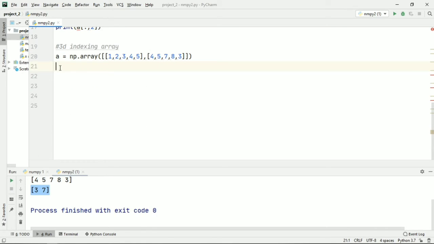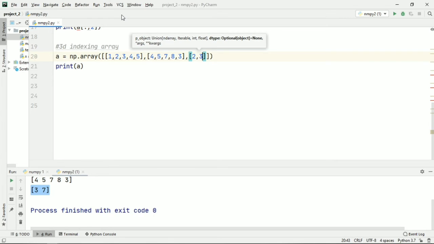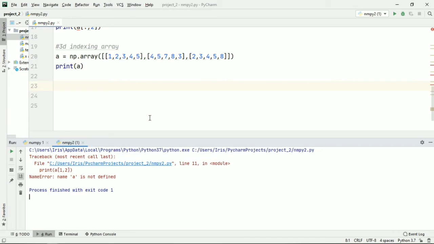I don't want to confuse you, you would get confused otherwise. So now we've got a two-dimensional array. Let's get into another array and I'll explain how this three-dimensional array works. Let me just put another number. So that's 2, 3, 5 and 8. That does not play an important role. Let's run this program again.